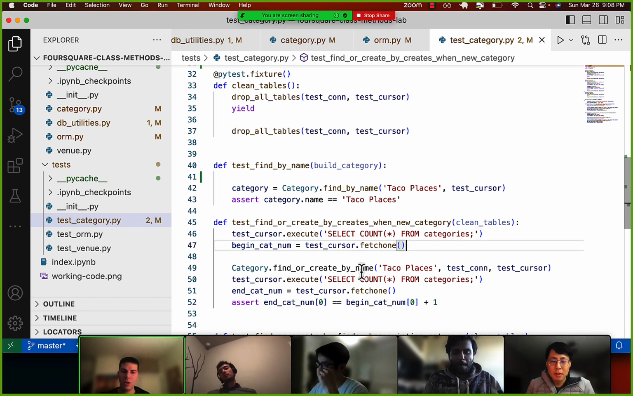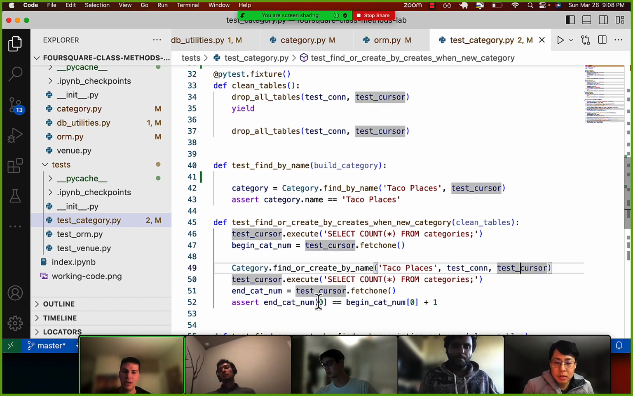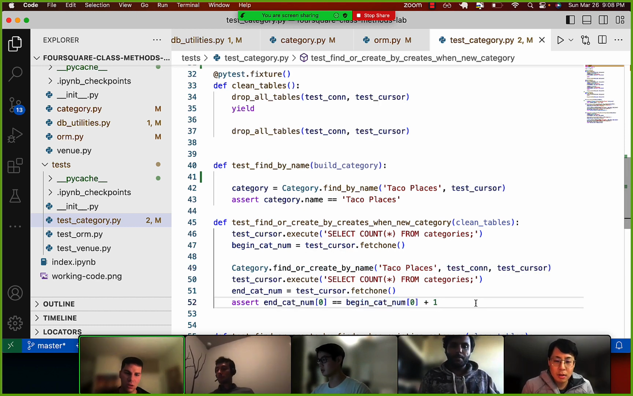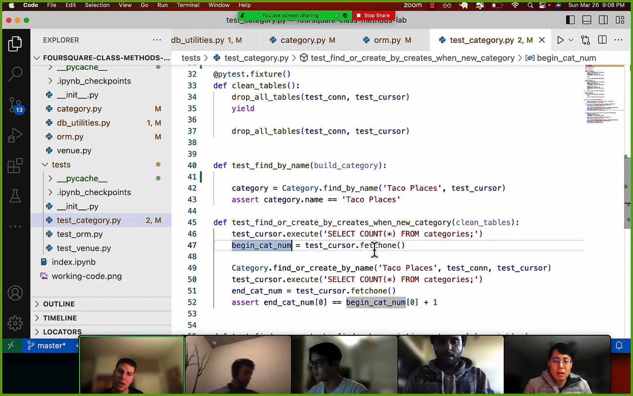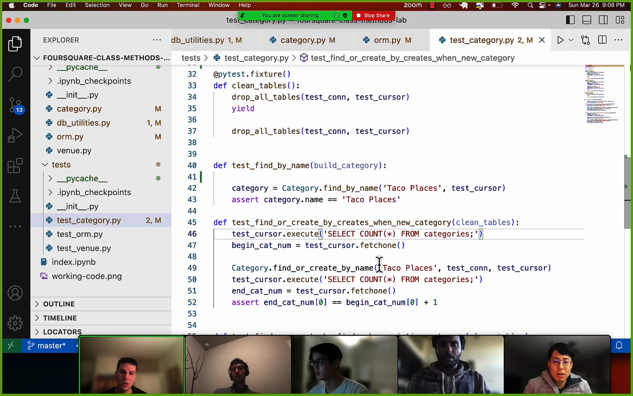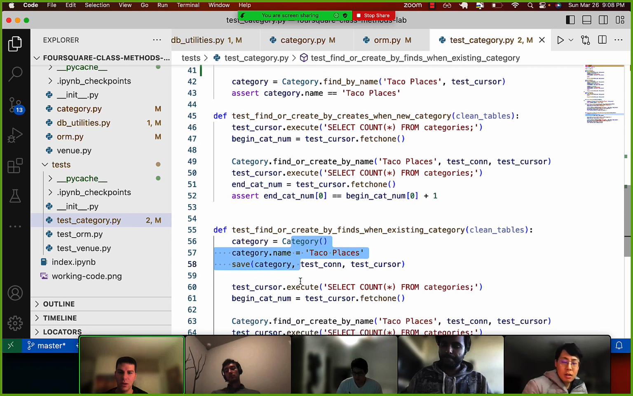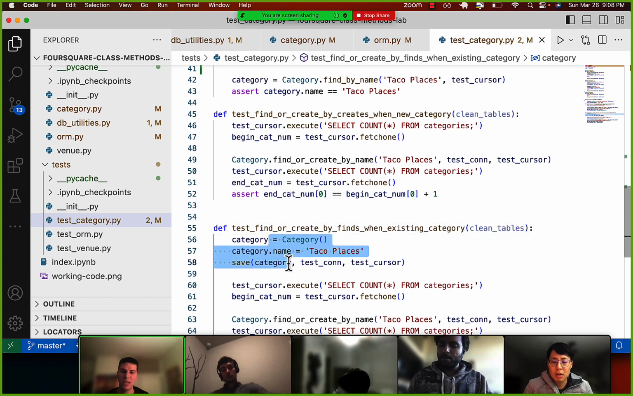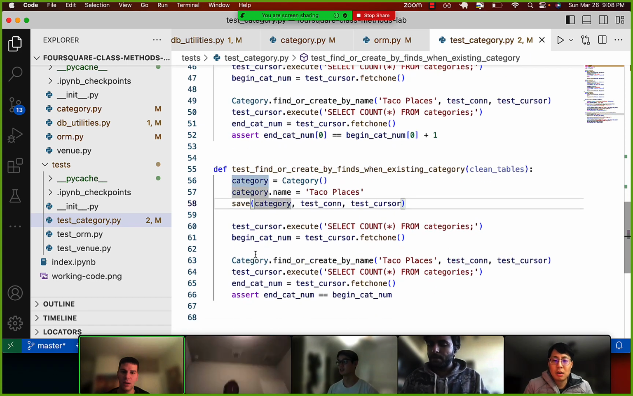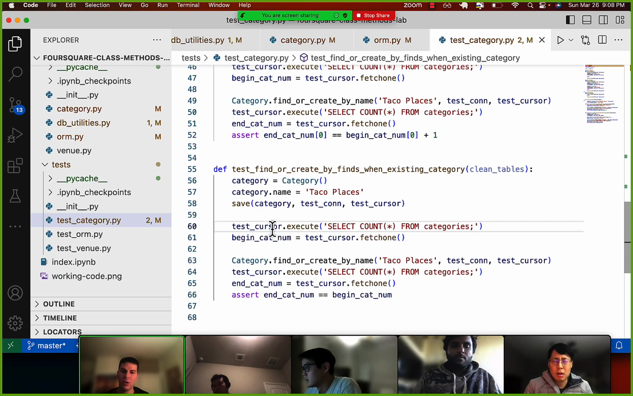And now we do find or create by name, and we should see that, hey, now there's one more record, right? Because basically what I'm saying is when there's nothing in the database, when the category doesn't exist, like when taco places doesn't exist, it should create it. When it's an existing category, like in this case, we start off with clean tables, but now we'll save a category, and then we can see we have one category in the database probably,